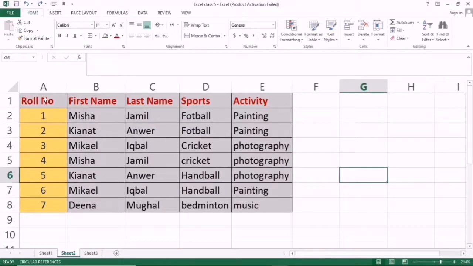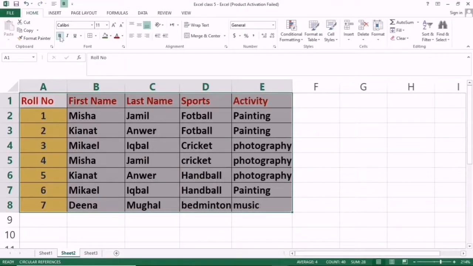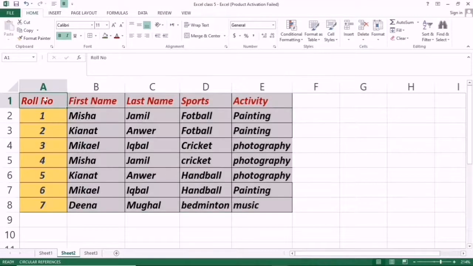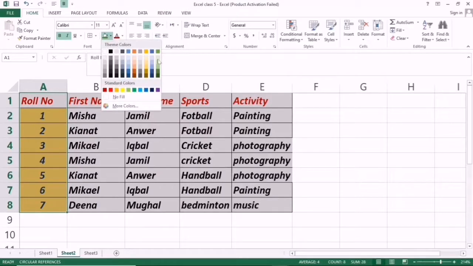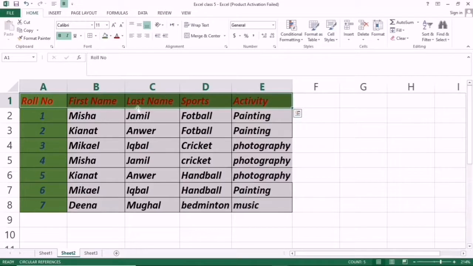To select the whole worksheet, click here, and all of it will be selected. After selection you can do anything. For example, if you want to bold all the letters, press this 2 times and it becomes bold. Change the writing to italic, and it changes. And you can do anything. For example, I want to change the background color: click here and the color will be changed. Also I want to change this color: press here and click here, and this also changes.